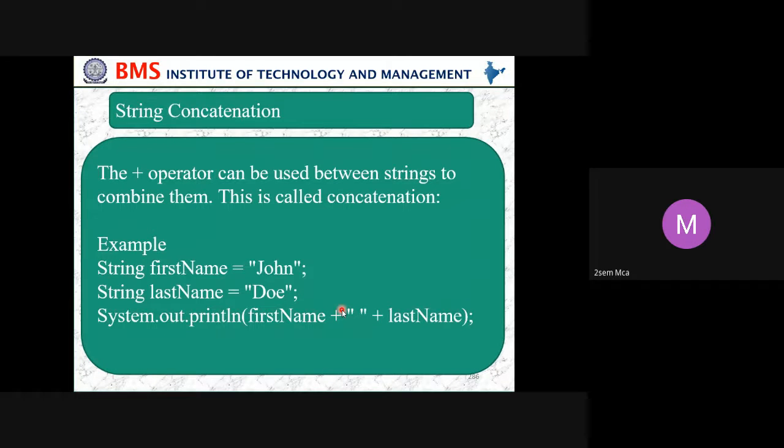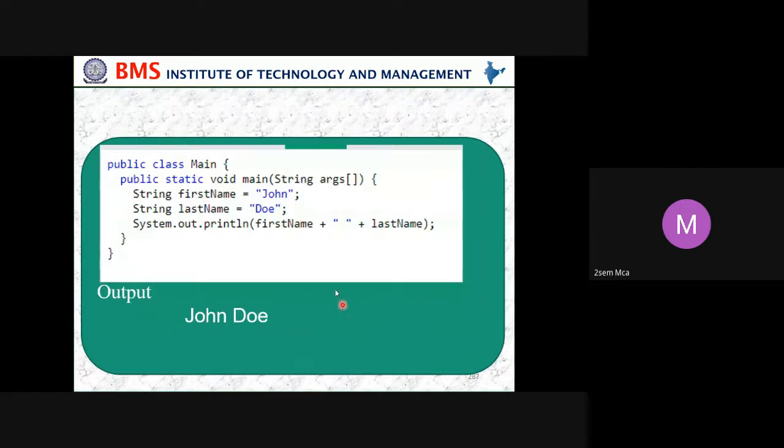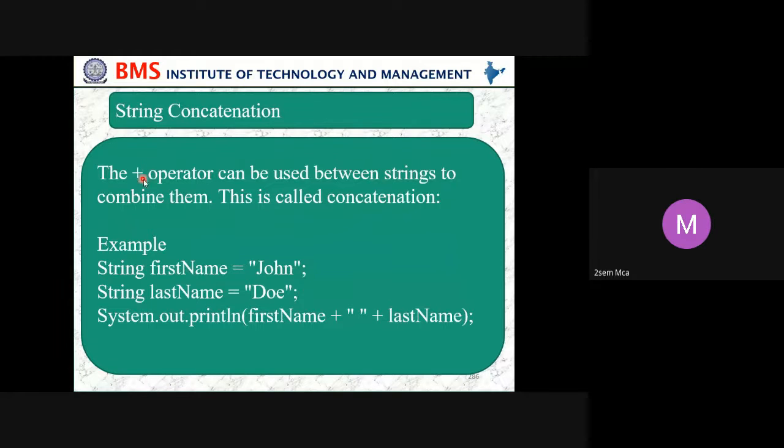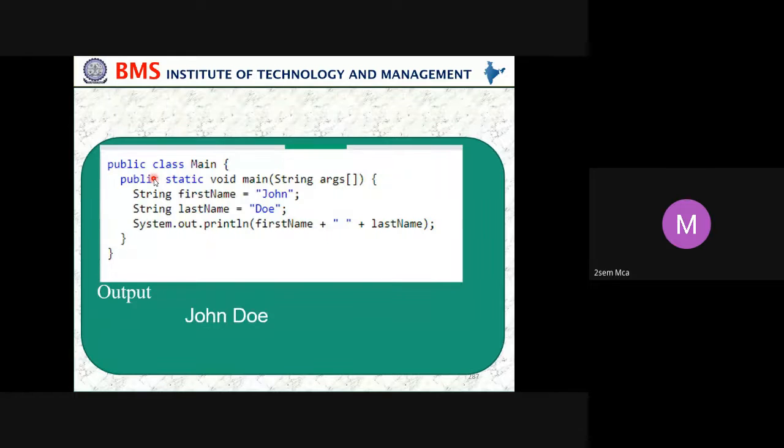How can we write a program for this? Let us see here. The same thing: we are adding John, we are adding Dio to the last, and we are combining them using a plus. So after John, Dio will be combined. This is one way, where we are using a plus. Okay, one more method, let us see. You may ask me, what is this? This is for a space.